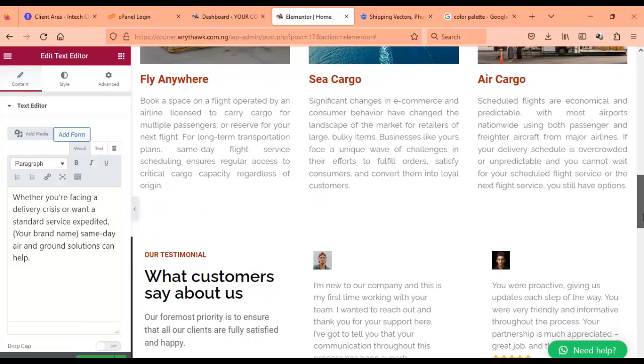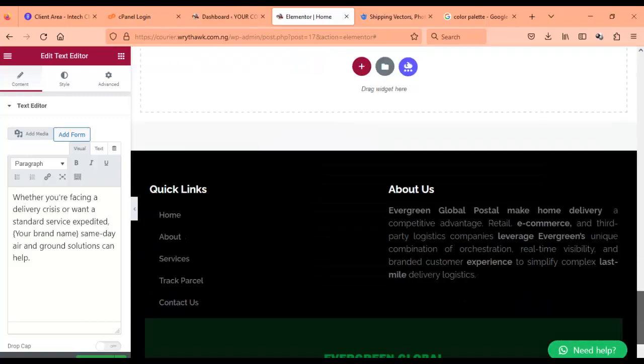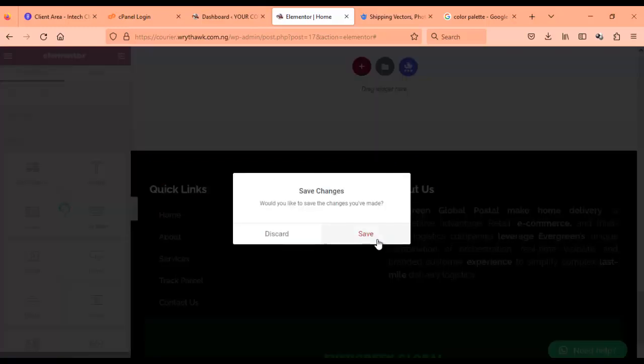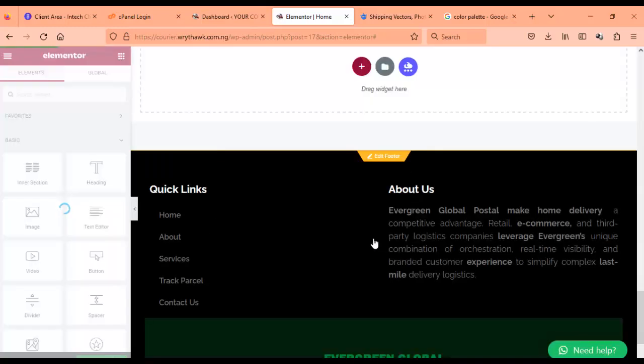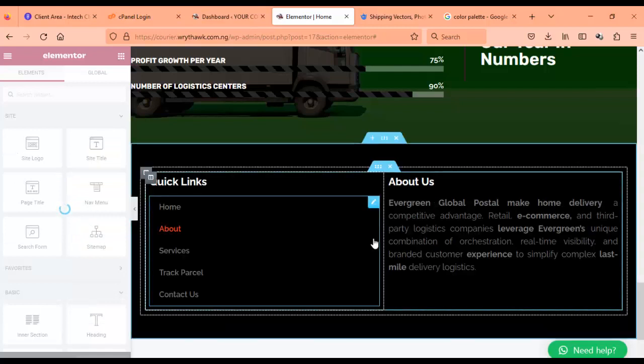You can as well edit the footer section. Okay, we're almost done with the editing. Can you see that these parts are taking the design that we already did? So here